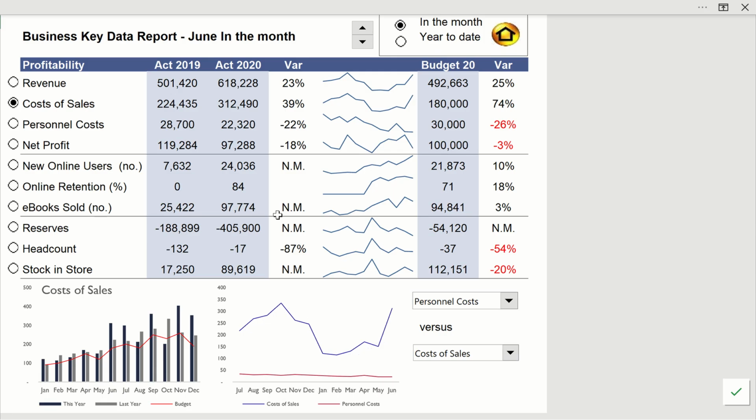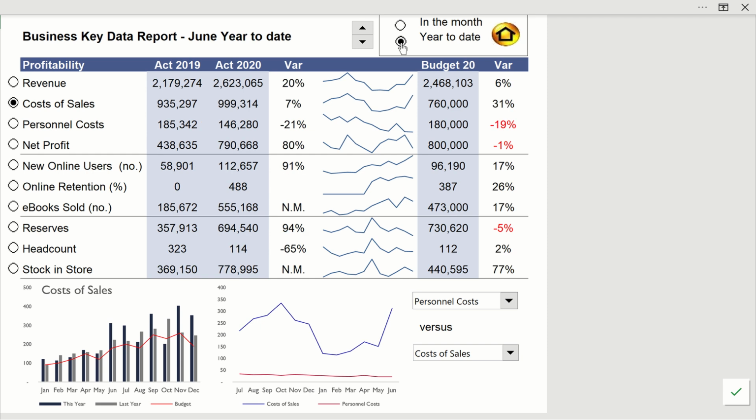Let's go to the summary report first. In this summary report, it doesn't look like a lot of details, but it is enough with all the key information, the 10 key items that the management decides is most important, to display here with last year, this year, and budget with the variance. What's here is the June data of in the month. And if you like, you can show year to date as well by the click of a button or back to